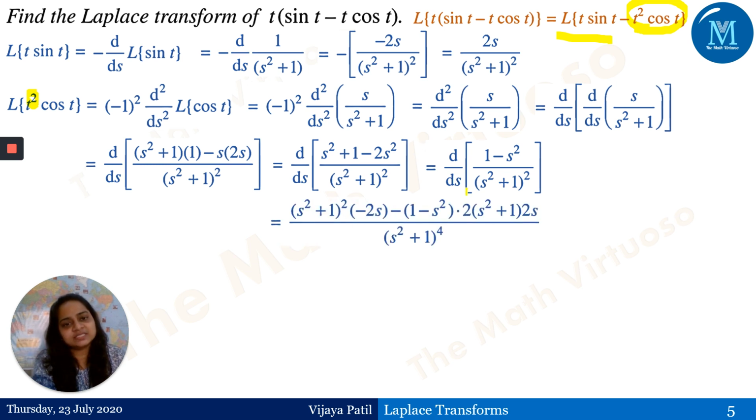Now again, we have to apply the same formula, that is u by v. So if you observe, it's v into differentiation of u, that is minus 2s, minus u as it is into differentiation of this v. What is it? It is 2 times s square plus 1 into differentiation of s square plus 1, that is 2s, upon s square plus 1 the whole power 4. Why has this power 4 come? Because s square plus 1 the square is already present, and if I make it square one more time, it would come to the power 4 over here, right?